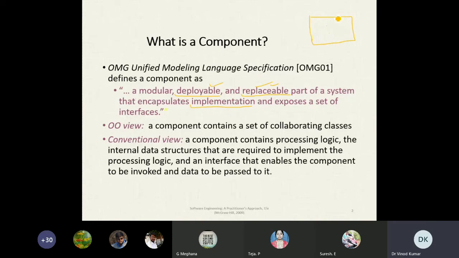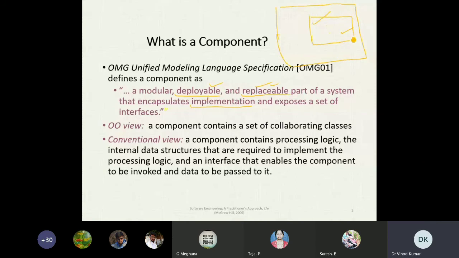First, it is deployable: wherever you want, you can deploy it after the development, after the design. It is replaceable: whenever you want you can replace it in the system. Suppose this is your bigger system, and this is one component. You can replace this one whenever you want.